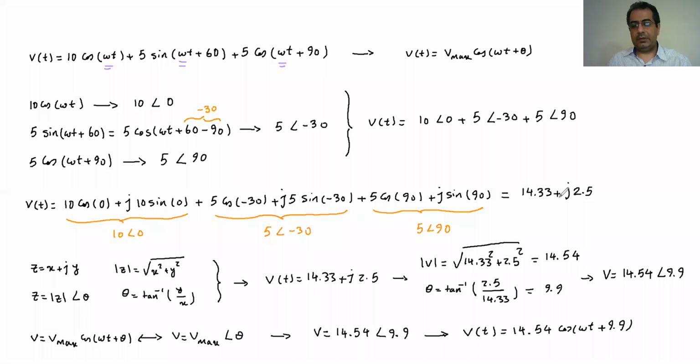Just add them, and by the time you get the result, convert it back to polar format. And when you have it in polar format, convert it back to time domain. So you will see how it works. By the time that you get comfortable doing that, you will see that it's much easier and faster doing it this way rather than doing it with